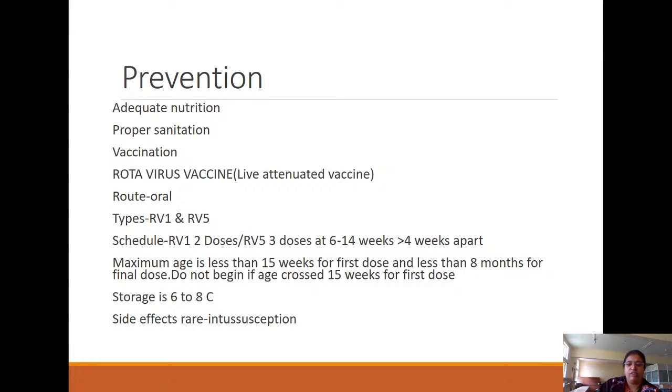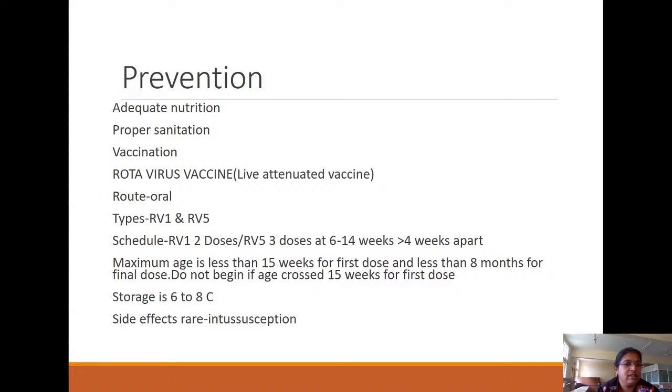So once you have treated the child, you don't want the child to come back again. So how are you going to do that? Prevention. First, adequate nutrition. As a pediatrician or a doctor, you are going to improve the nutritional status of the child. Then proper sanitation, you are going to educate the mother. Then vaccination. The rotavirus vaccine we are going to talk about is a live attenuated vaccine